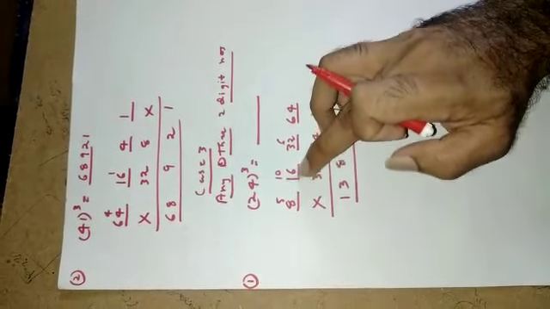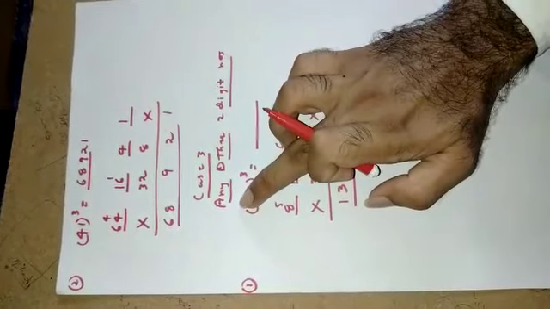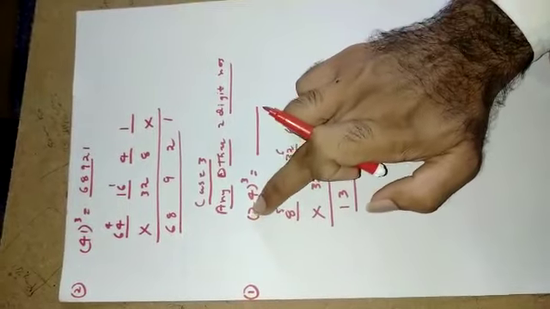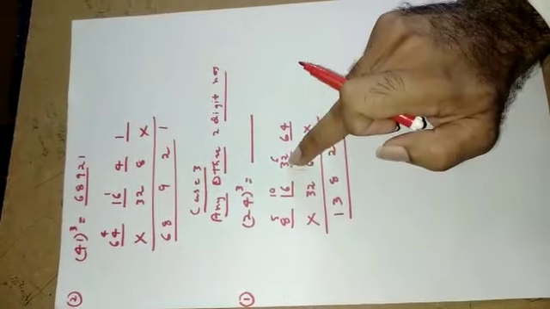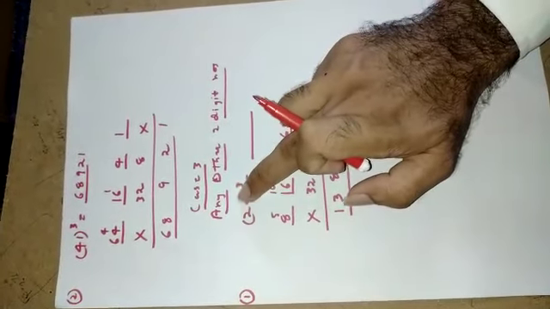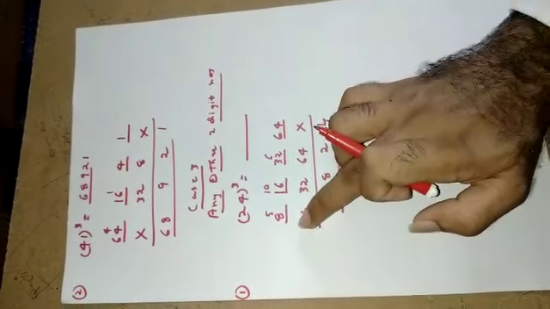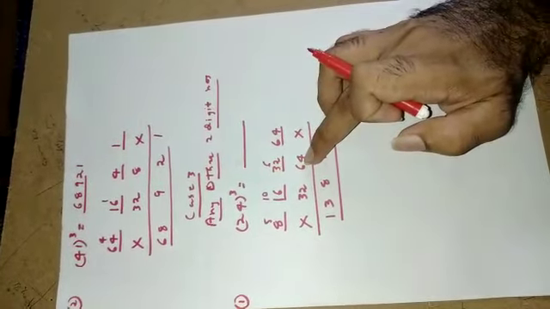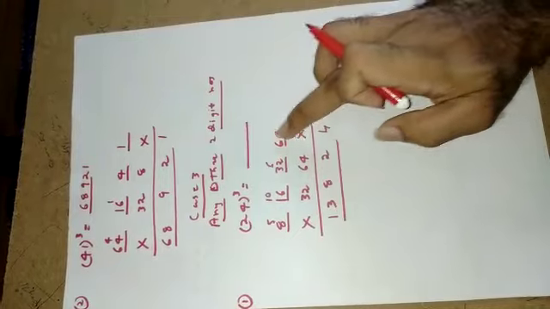And in this particular spot, these two spots, what we need to do is 2 square. 2 square is equal to 4. 4 into 4 is equal to 16. So square of this particular number into this particular number is equal to 16. Similarly here, square of this particular number 4. 4 square is equal to 16. 16 into 2 is equal to 32. So 32. Then we should put a cross mark in the first and fourth spot. Then 32 into 2 is equal to 64. 16 into 2 is equal to 32. Then we need to add.